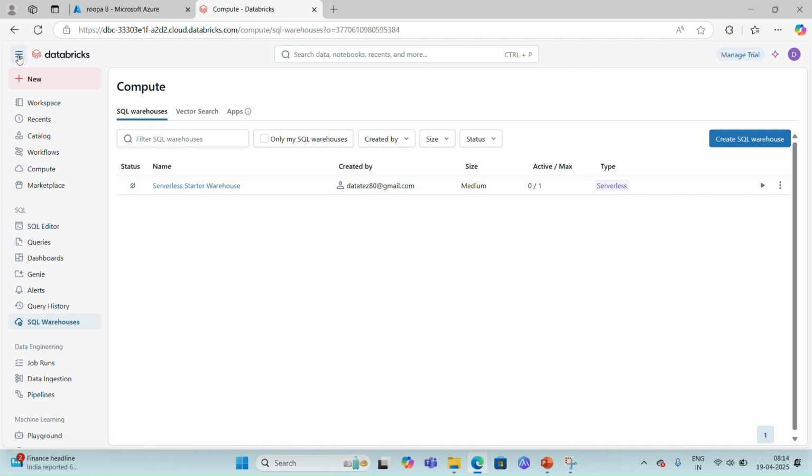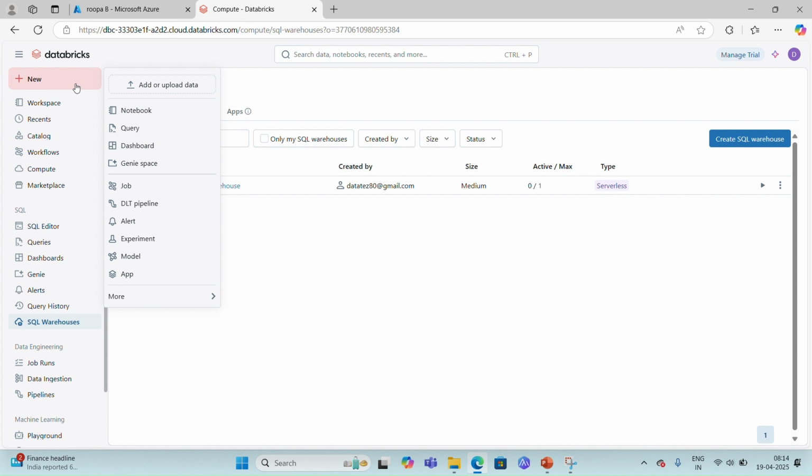And to the right of the menu, we have this Databricks logo, and below that, a very shorthand, quick go-to tool we have, that is New. Upon clicking on that, you will see they are giving us provision of uploading the data to the platform so that we can work with it. Creation of the notebook, creation of the query, the dashboard, Genie space, the job, DLT pipeline, alert, experiment, and so on. You could also see that we have something called Git folder, SQL warehouse, serving endpoint,